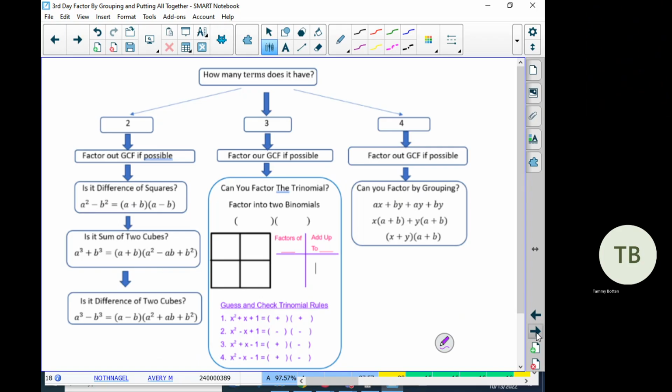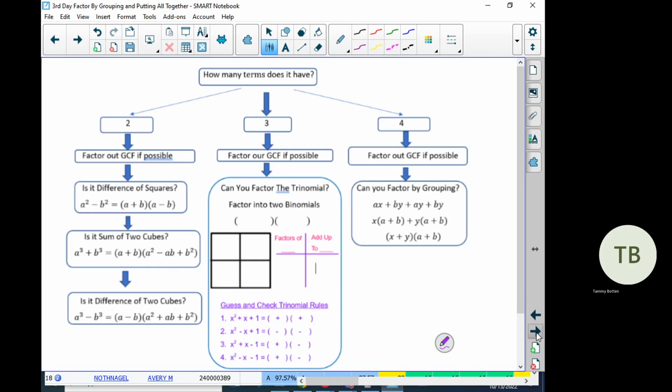And then we did the box and this little table and we tried to factor with that. I didn't really go over these rules, so you can kind of ignore that. Then on Tuesday, we learned how to factor when something had two terms. And the first thing you do in all types of factoring is you try to factor out a common factor. If that, once you do that, or if it doesn't have a common factor, then you check if it's difference of squares. And with difference of squares, we talked about it had to have a minus sign. The variables had to be an even power and the numbers had to be perfect squares, which were on the